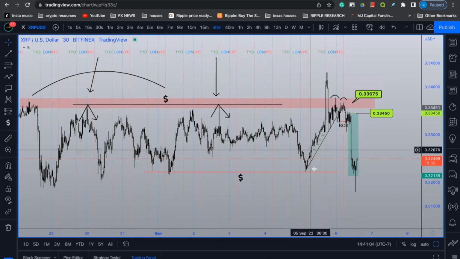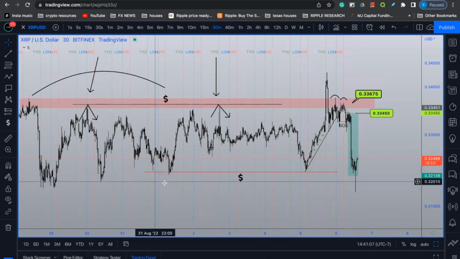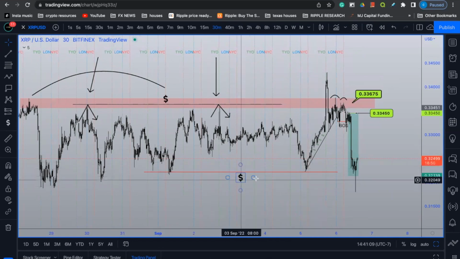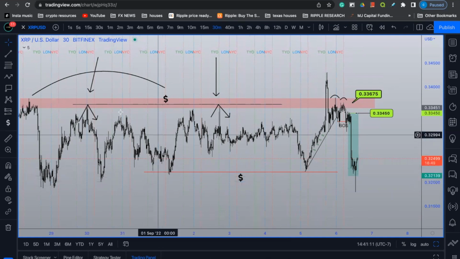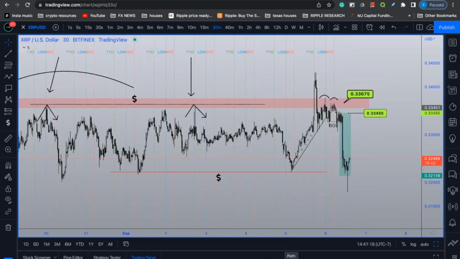With that being said, this area down here, I'd like to explain to you guys, was the area we had as our target on XRP United States dollar, mainly because of what you see down here at these lows. If you guys have been watching this YouTube channel for quite some time, it's the same trap as above, so below.